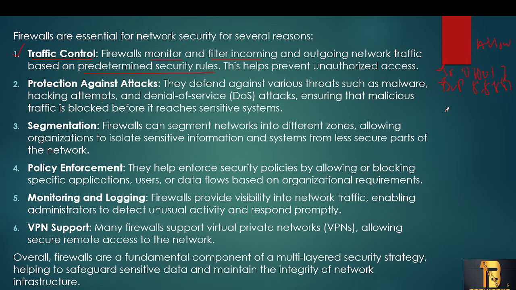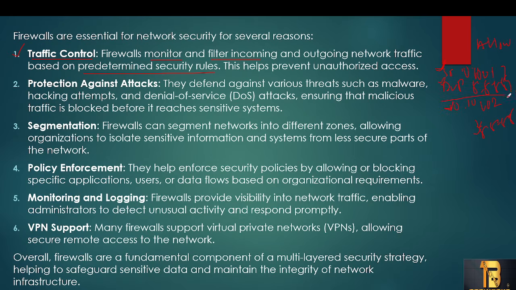But someone is coming with 10.10.10.2, and he is trying to reach the internet. So now what will happen? The firewall will inspect, right? First the firewall will check the rules, whether this 10.10.10.2 to destination 8.8.8.8 is available in the rules or not. Whatever security rule we have configured, is it available here or not? We have created it with 10.1 but we don't have 10.2, right?